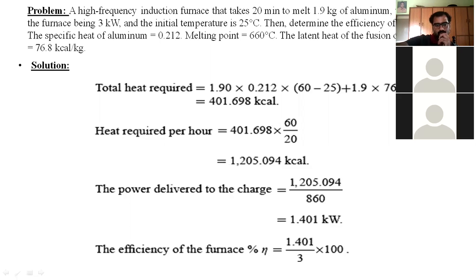Please, by the end of this day I am going to post this total unit of electrical heating, the complete PPT and also the material. Please go through that PDF and this PPT. If you have any doubts regarding any topic in electrical heating, please share your questions and doubts in the WhatsApp group, and I will get back to you with the answers. Okay, for today's class I am going to conclude this.